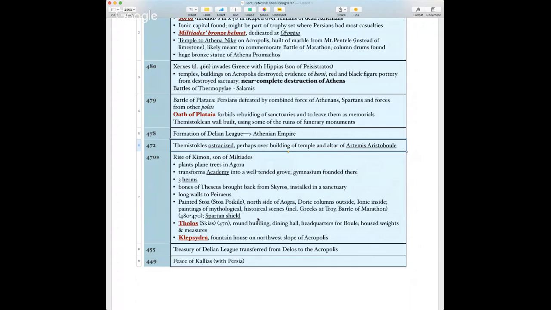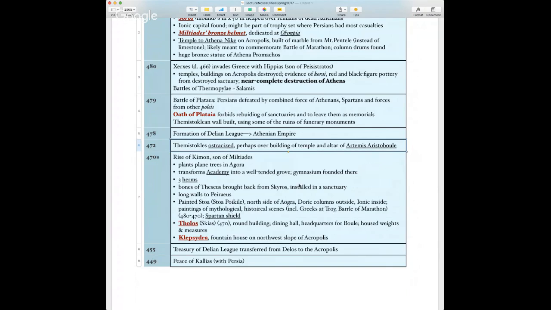A lot of beautification and expansion went on with the Agora, because the Athenians returned to a city that had been razed and totally damaged by the Persians. So the academy where Plato and Aristotle will have their schools becomes a well-tended grove with a gymnasium founded. Gymnasium does not mean a gym. It actually refers to a school where one would engage in physical training, but also in intellectual, philosophical, and mathematical training.